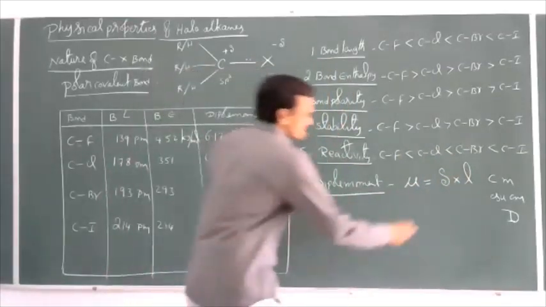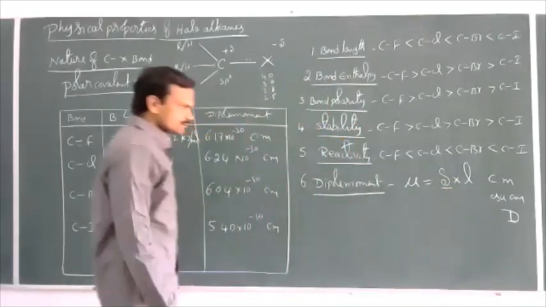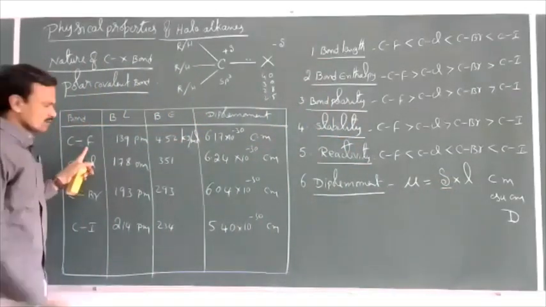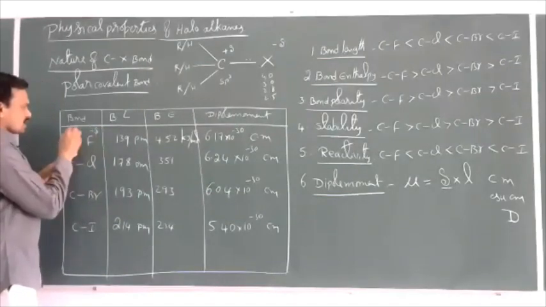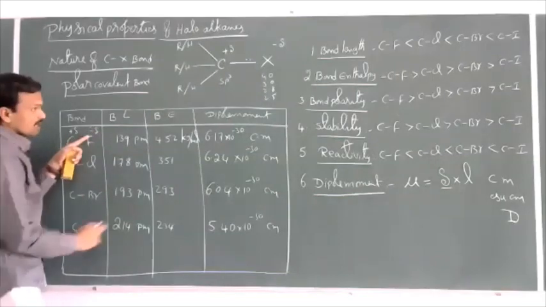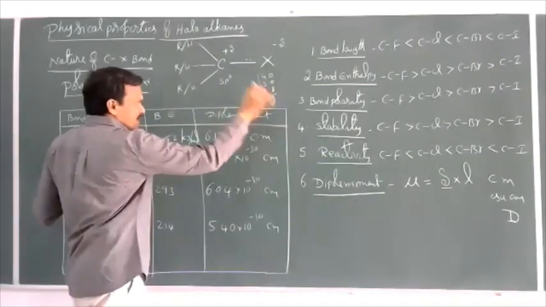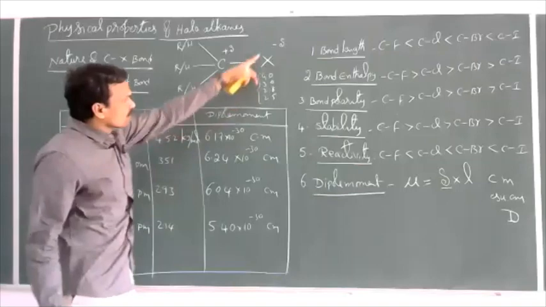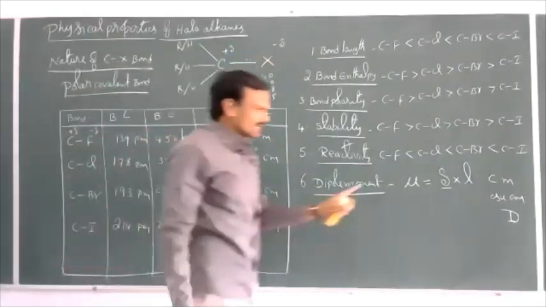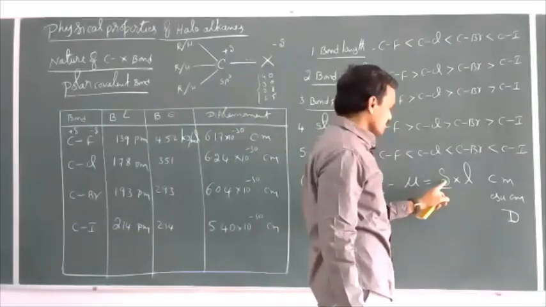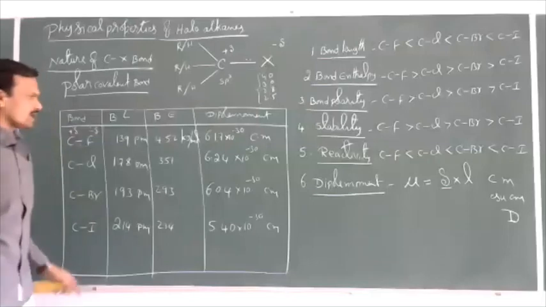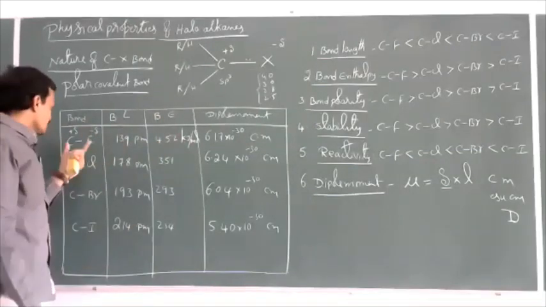Now, in terms of charge, which is more electronegative? In C-F, fluorine is more electronegative, so the partial negative charge on fluorine is more. From fluorine to iodine, as written here, electronegativity decreases, and the magnitude of negative charge also gradually decreases. That means delta is highest for the C-F bond. Since delta is highest for the C-F bond, dipole moment should be highest for C-F.